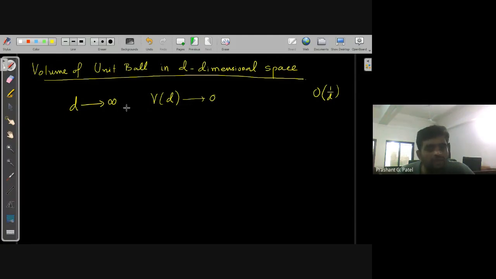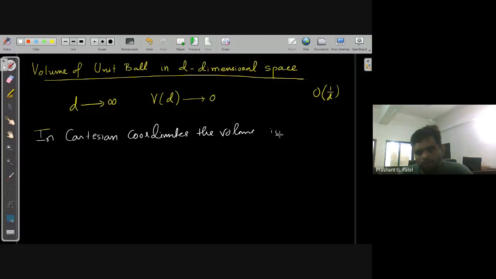As we discussed in my previous lecture, the volume of this unit ball we denoted by Vd in d-dimensional space. One can investigate the volume using Cartesian coordinates or using polar coordinates. In Cartesian coordinates, which we discussed in the previous lecture, the volume is given by